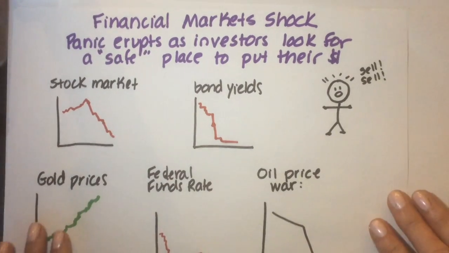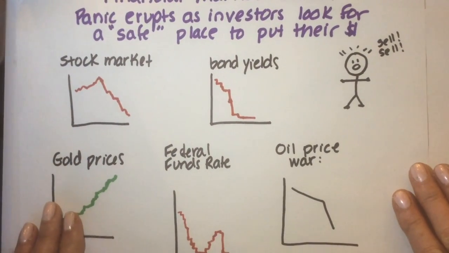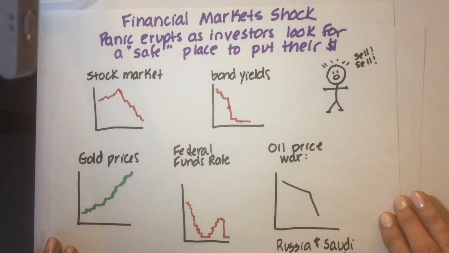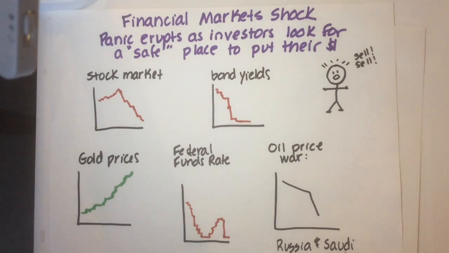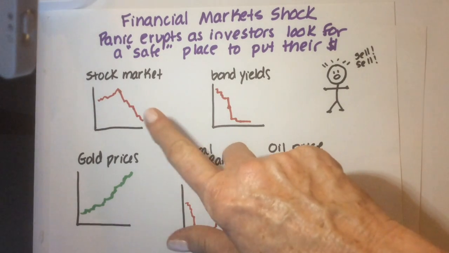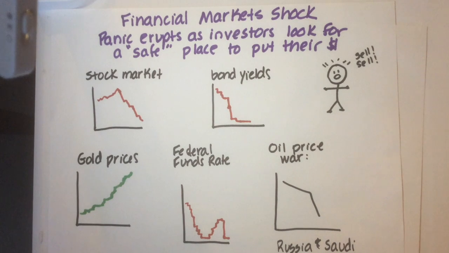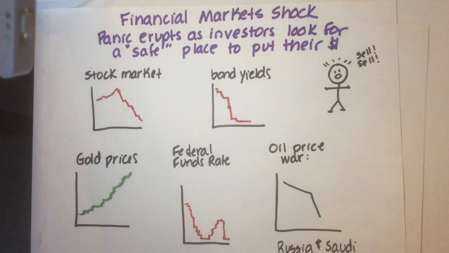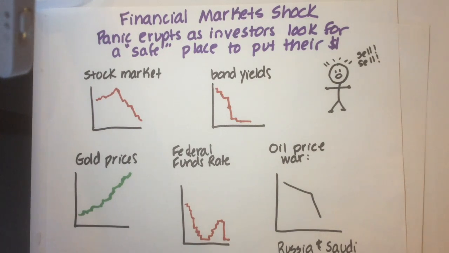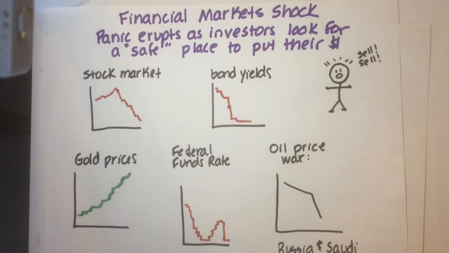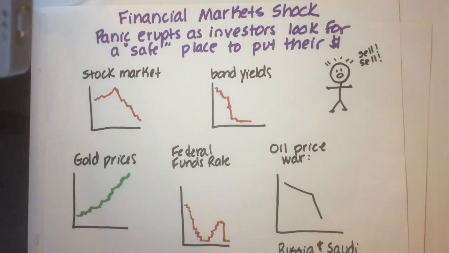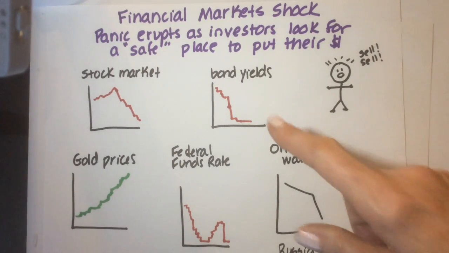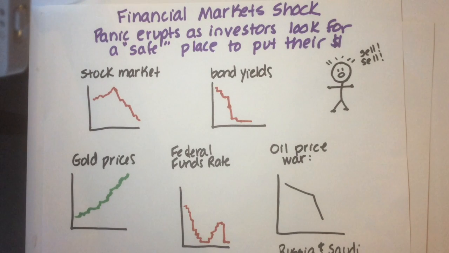So financial markets, which are uniquely susceptible to panic, investors start looking for a safe place to put their money. And in a recession, people tend to take their money out of the stock market. There's a massive sell-off. We see stock market prices going lower than they have at any time, for example, during the Trump presidency. As people try and take their money out of the stock market, they tend to want to put it into someplace safer, which is the bond market.